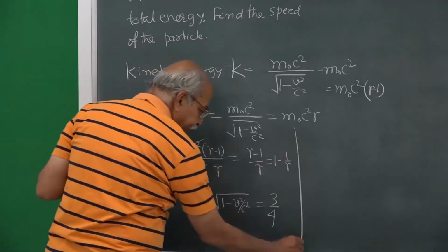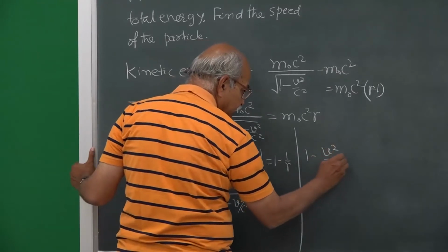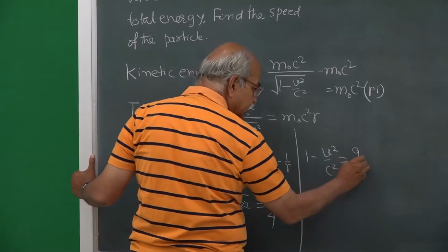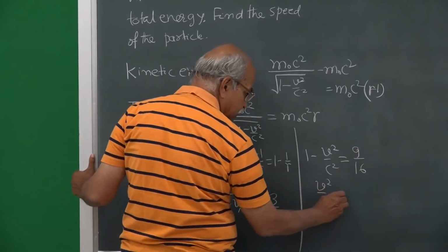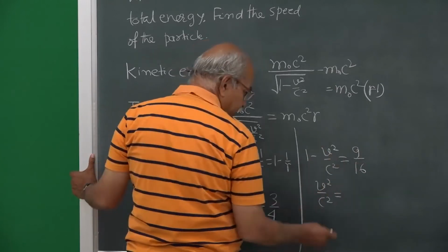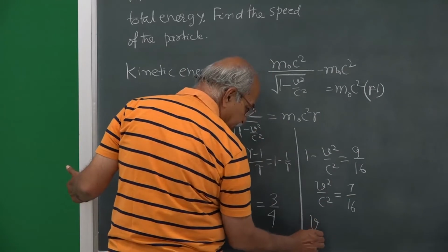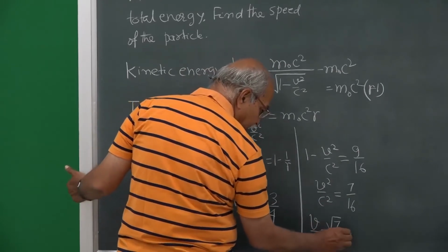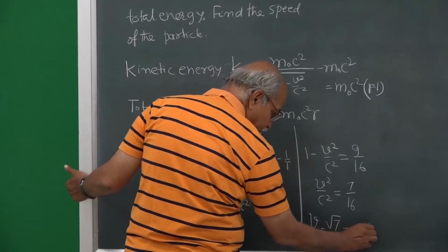So, 1 minus v square by c square is equal to 9 by 16. So, v square by c square is 1 minus 9 by 16, that is 7 by 16. So, v by c is square root of 7 divided by 4, and that will be around 0.66 or so,